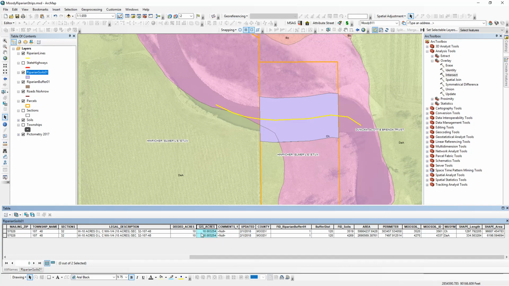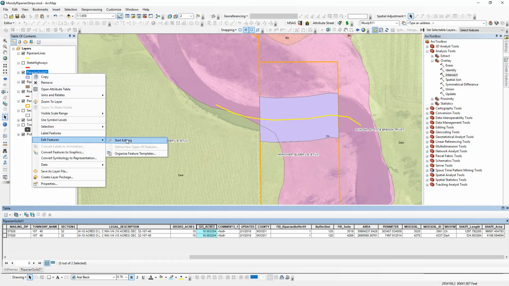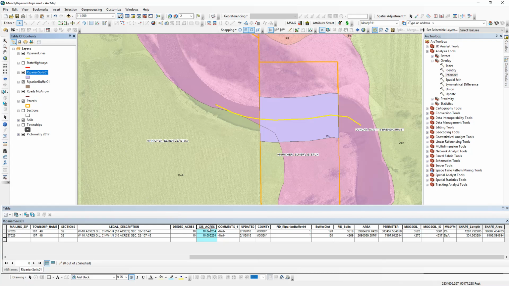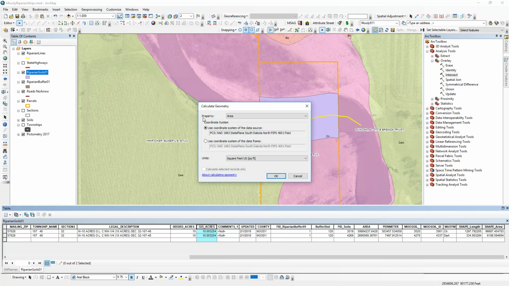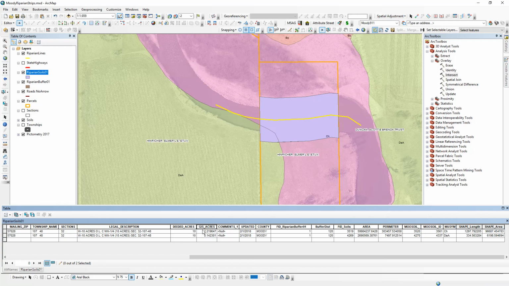What we can do now is we can go to Riparian Soils 01, go down to Edit Features, start editing. And we can right click on GIS acres and do a calculate geometry. It's using our existing coordinate system. We want to change our units from US square feet to US acres. Hit OK. That's going to give us the calculated acres of the riparian strip